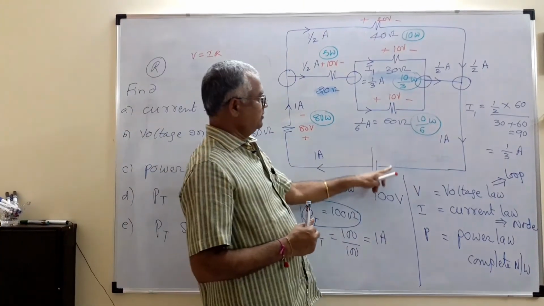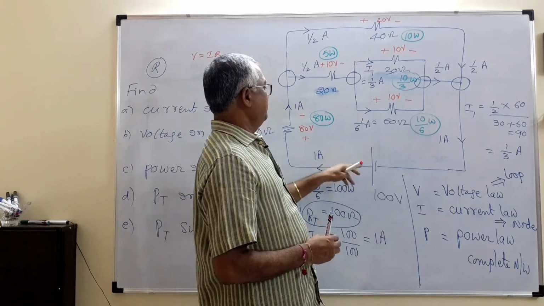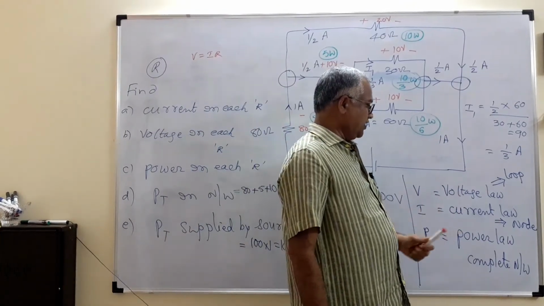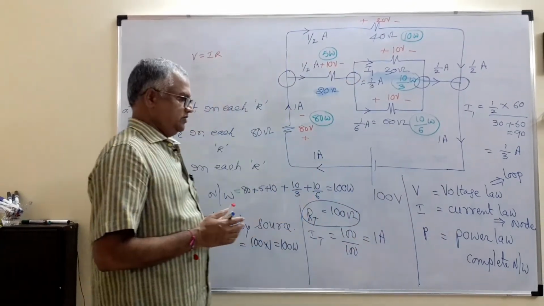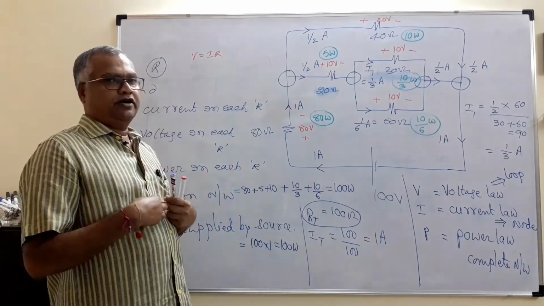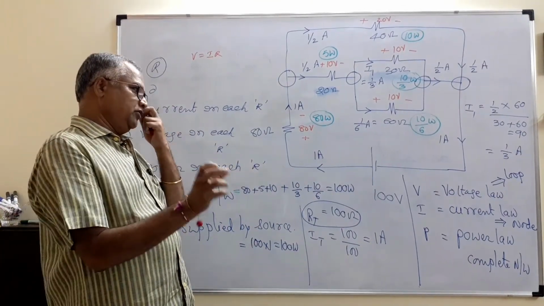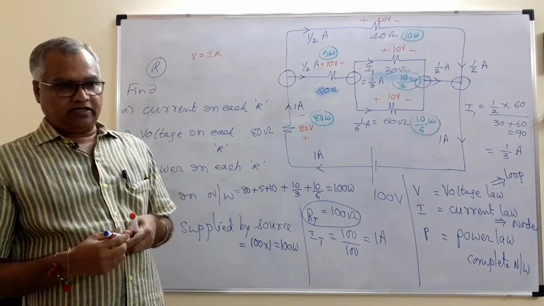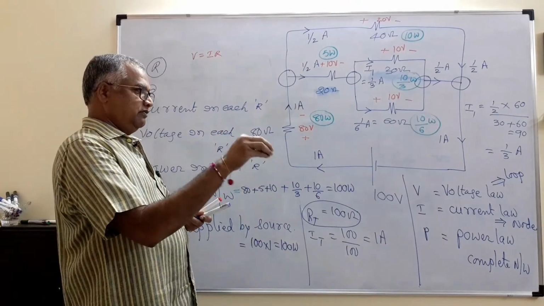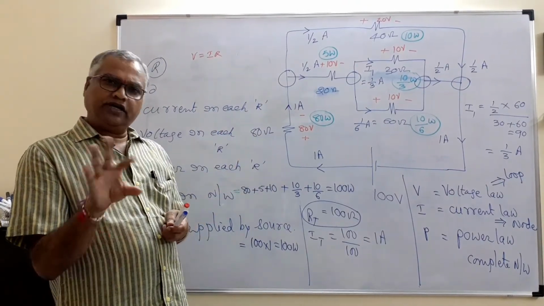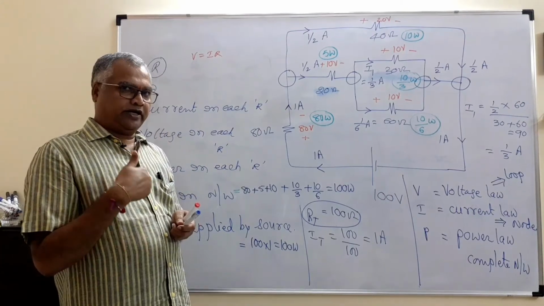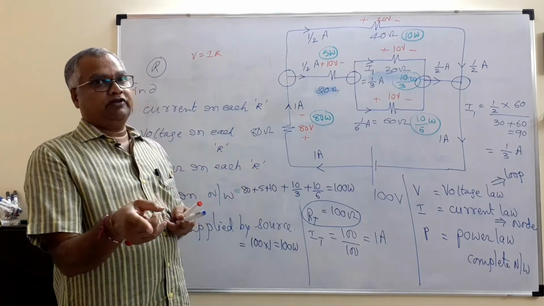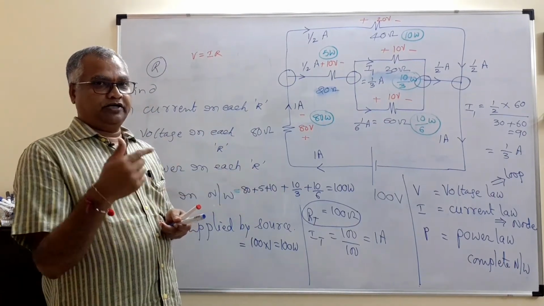I have taken a voltage source here, and before I replace it with a current source, I'll give one example of voltage law and current law. Voltage law is like this. I have 100 rupees. I want to distribute 100 rupees to two students, let us say CR and ICR. If I give CR 50 rupees, how much will ICR get? Again 50 rupees. 50 plus 50 becomes 100. Or if CR is getting 80 rupees, ICR will get 20 rupees.